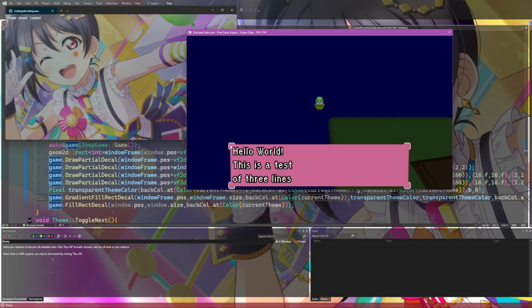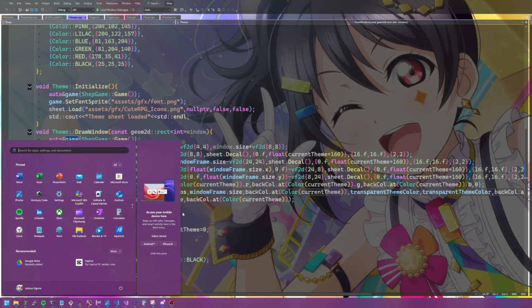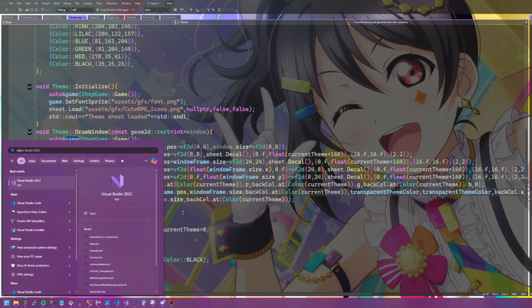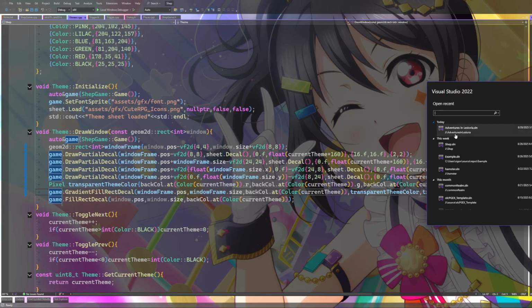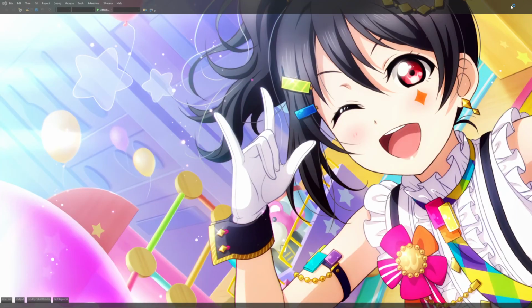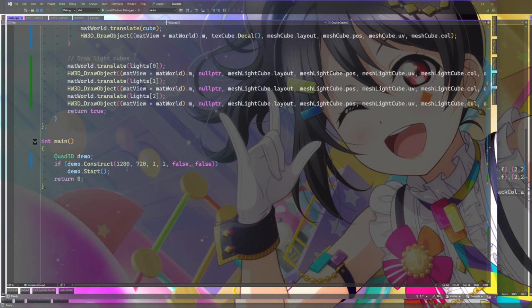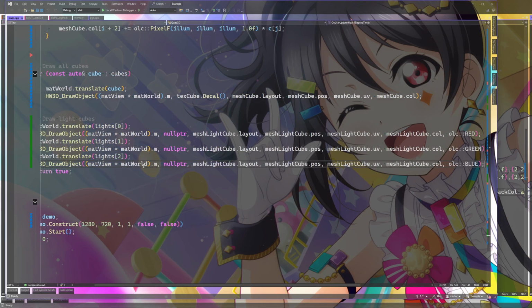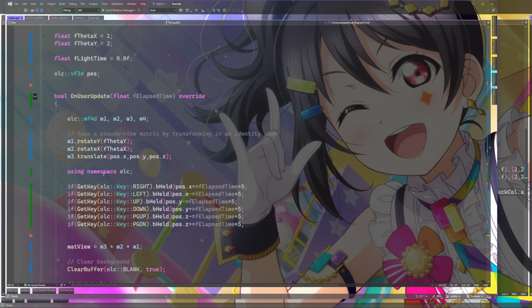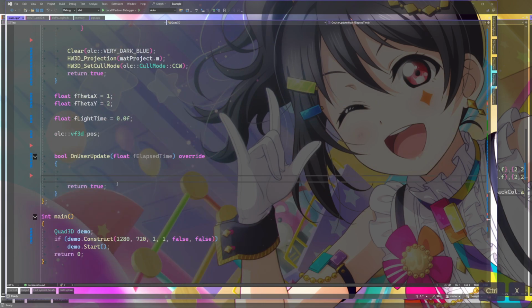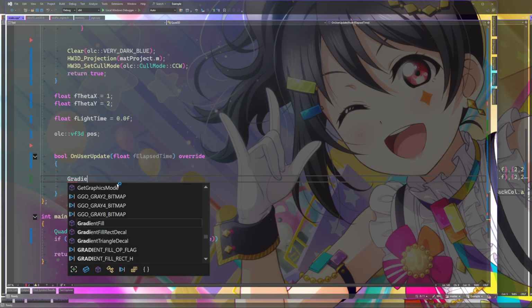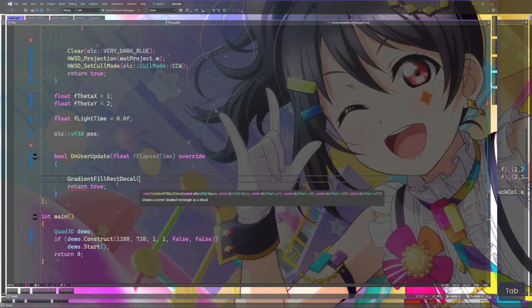Can mess around with that real quick. Might be fun. Let's pull up an example project real quick. Mess around with that. See how we like it. So let's do a gradient, fill, rect, decal again.